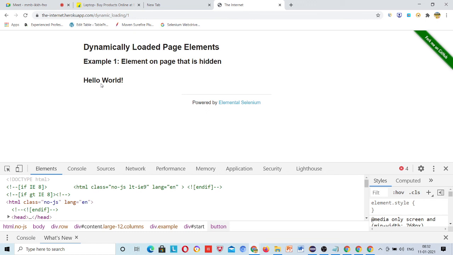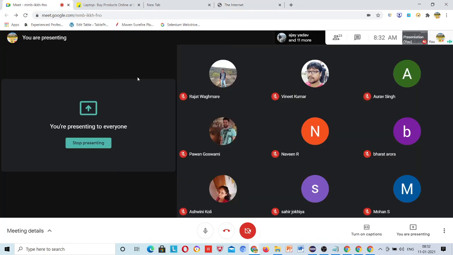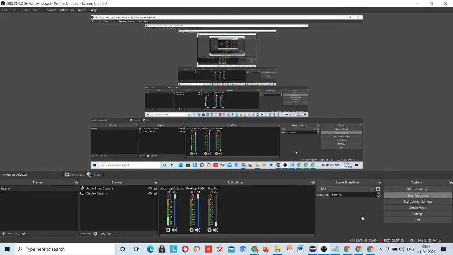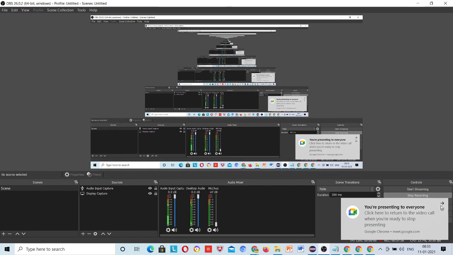This time interval is what matters in the fluent wait, where you can give your own time interval. If you want it to hit every 100 milliseconds, you can decide that in fluent wait. We'll talk about that some other time. This was about the majorly asked interview questions and what is widely used in projects. This topic was a very key topic. So if you are lagging somewhere, just keep practicing.